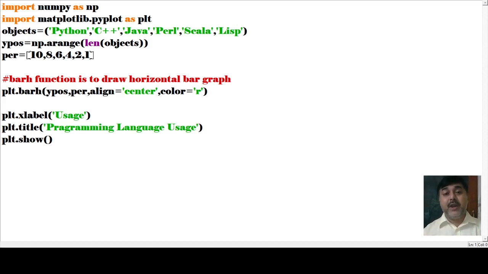First and foremost, I have called numpy here, because we have a maximum utilization of numpy here.